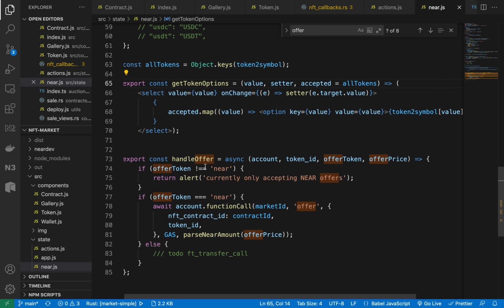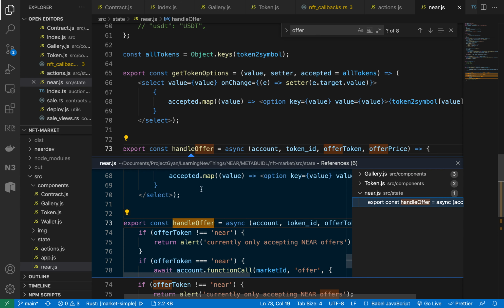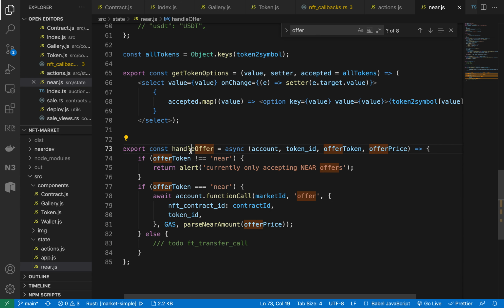Okay, so here let me show you the actual function itself that you would need to call. Yeah, so here is a function called offer.